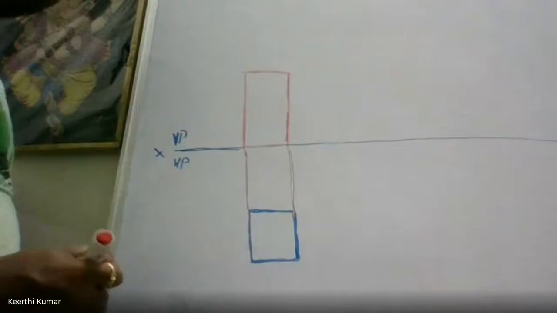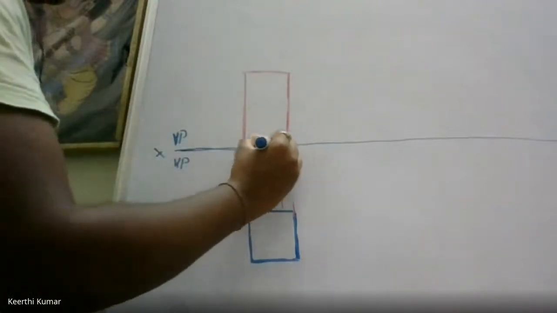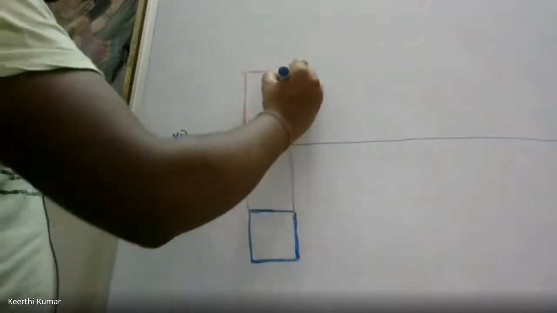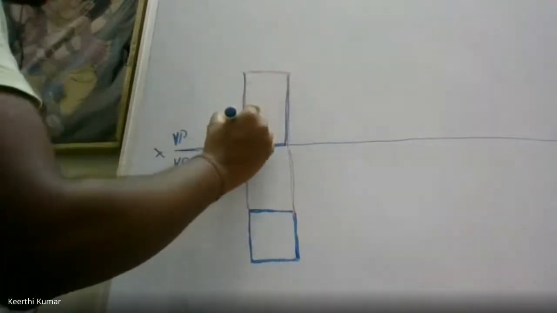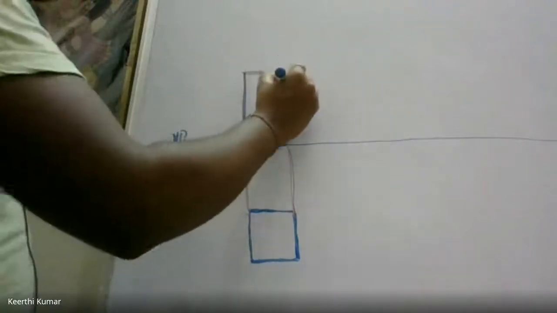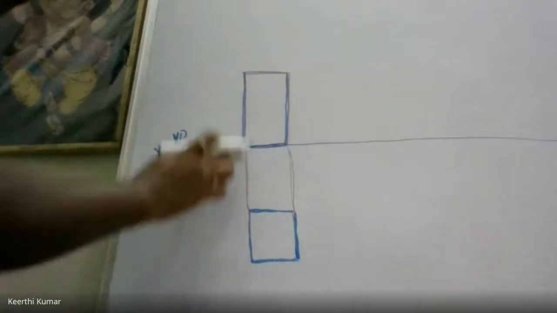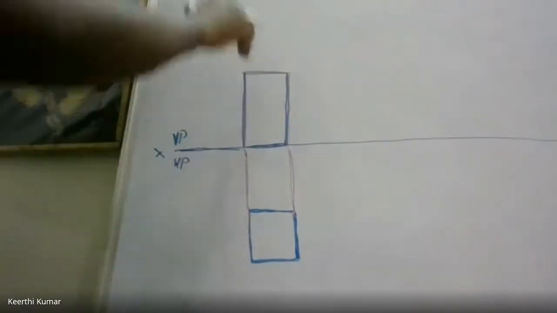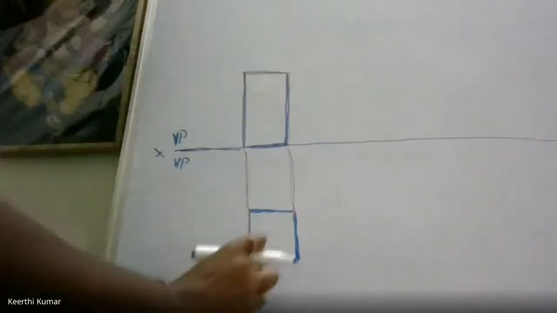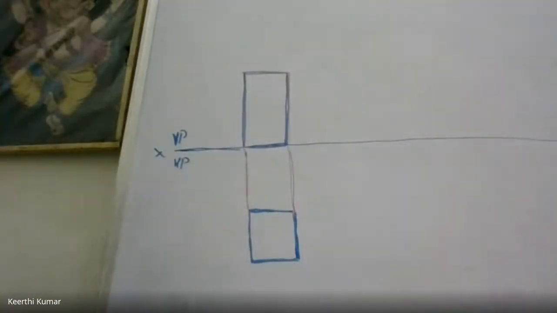Any doubts? Okay, I told you I'll draw with this blue color, so that wherever I draw red color, that indicates the projection line, and the remaining indicates the solid. So this is the front view and top view. If I see this solid from the top, it looks like a square. If I see from the front, it looks like a rectangle. Now I'll go with the naming. Naming first I'll explain here.